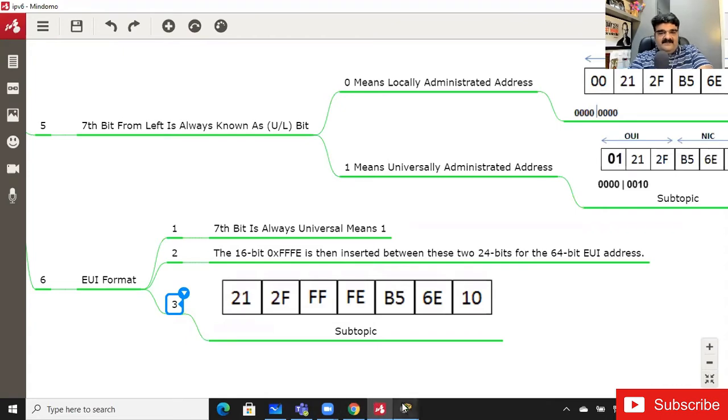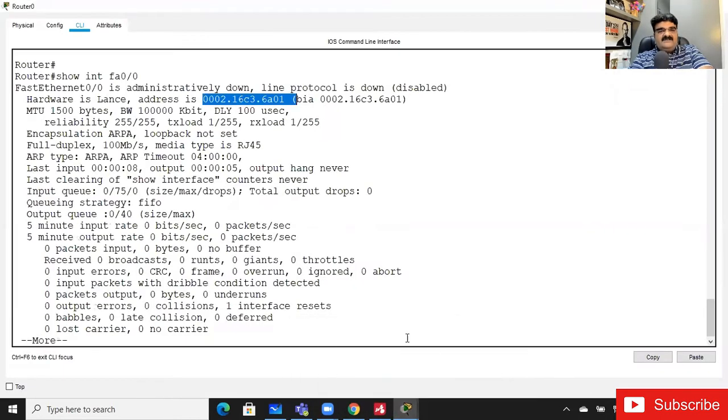Okay, let me open the screen over here. This is the MAC address, 0002.16C36A01. Okay, let me write this into my whiteboard.